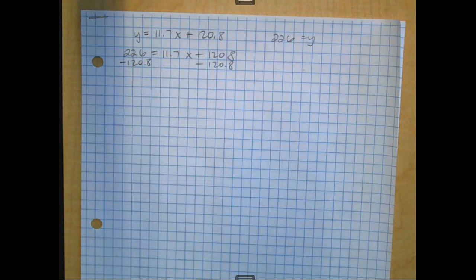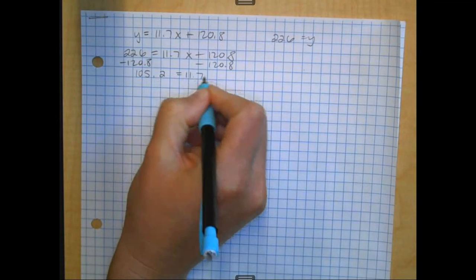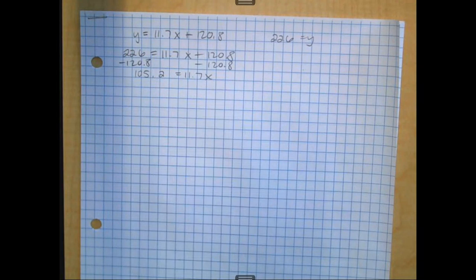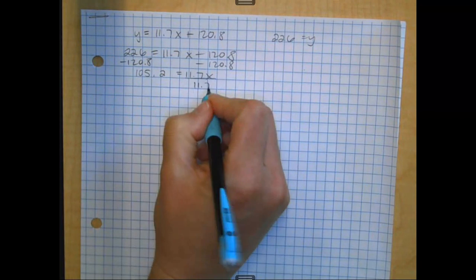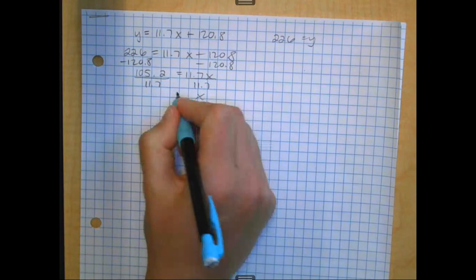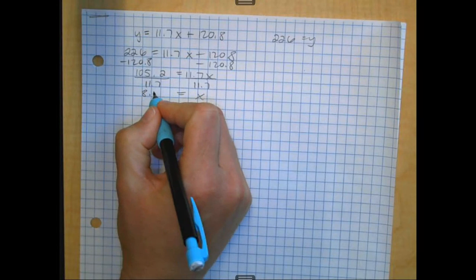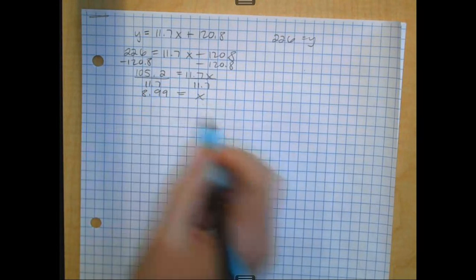Once we do that, we end up getting, of course you have to enter that in your calculator as well, or if you got it in your head, you're good to go. So now I have 105.2 equals 11.7x. I'm going to go ahead and divide both sides by 11.7. Make sure you guys are please showing me all of these steps on your own paper. And now I have 8.99, which I'm actually rounding to the nearest tenth,